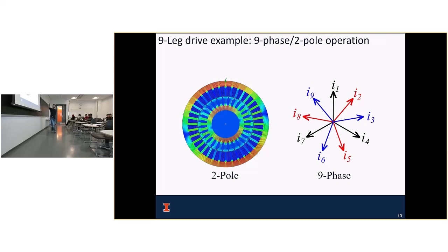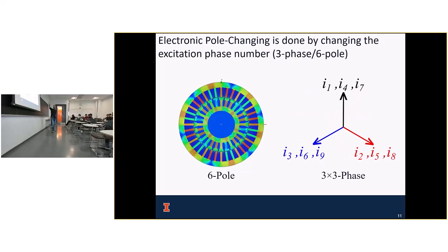But as you notice, with the 9-phase excitation, we can do one more thing. I can do 3-3-phase, meaning that I have current I1, current I2, current I3, then I actually repeat a 3-phase pattern. So in the 9-phase drive, I can do a 3 times repeating pattern. And when you start thinking about repeating pattern, it's like magnetically, North Pole, South Pole. Then we repeat it again, North Pole, South Pole. Then we repeat it again, North Pole, South Pole. And my machine will operate as a 6-pole by changing just the phase number of the